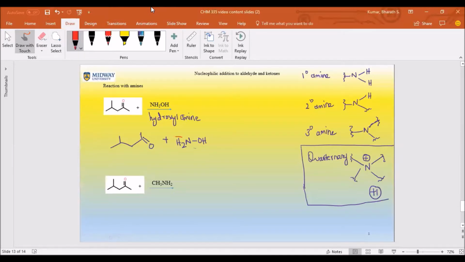Basically, you're removing a water molecule: the oxygen from the starting material and the two hydrogens from the hydroxylamine. So essentially what you're going to end up with is you write everything the same way, but this time write the NOH. Basically, you have coupled the nitrogen to this double bond where it was. So this is the product. And you guessed what would be the product for this. It's the same thing. So again, you're going to combine this with, I'm going to write it this way, NH2. So we know that the O and the hydrogen come off, which leaves you with